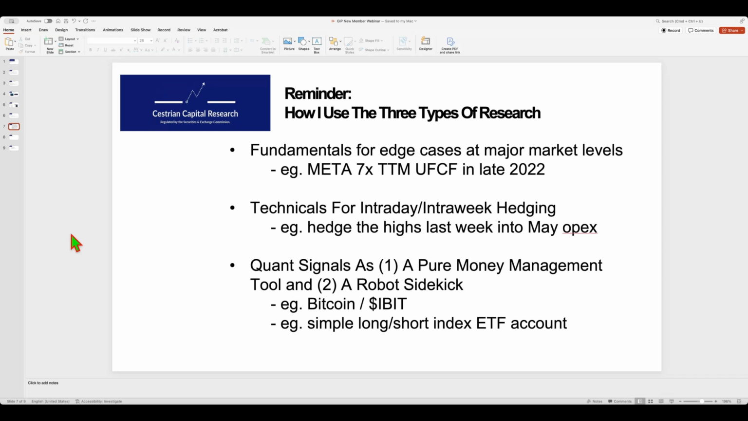So fundamentals, on a day-to-day basis, aren't that much use for making buy, sell, or hold decisions. If NVIDIA margins are up a bit or down a bit on the earnings print today, is that going to lead you directly to a buy or sell decision? It shouldn't, in my opinion. Where fundamentals are really valuable is in edge cases,